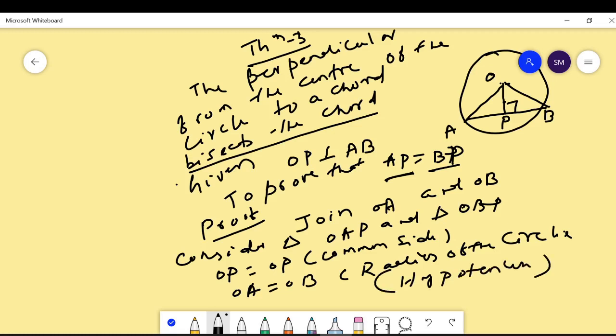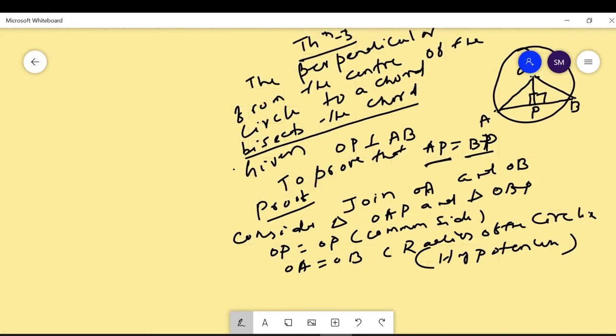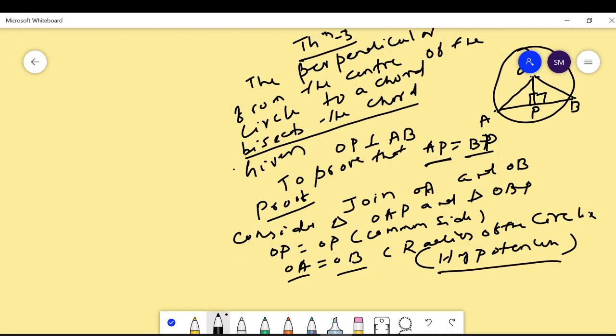Equal length of hypotenuse, because as this is a right angle, this means OA and OB are the hypotenuses. Then here OA equal to OB, equal length of hypotenuse. OP is the common side, and